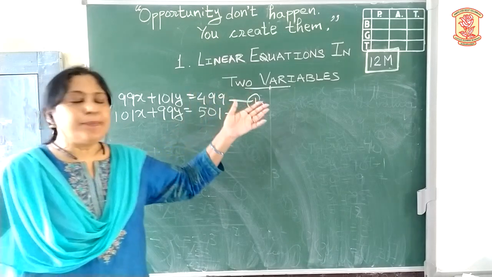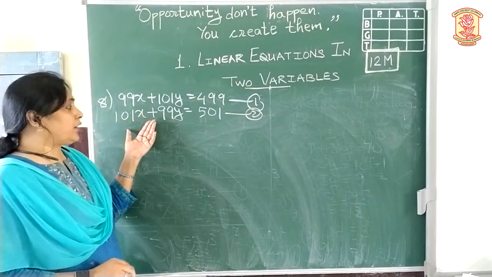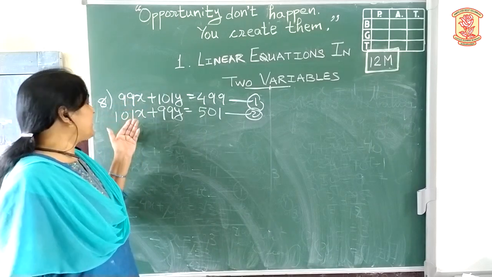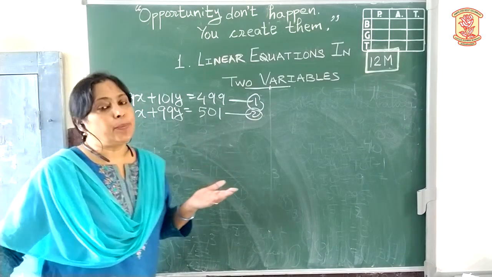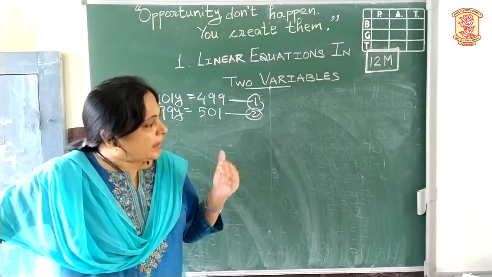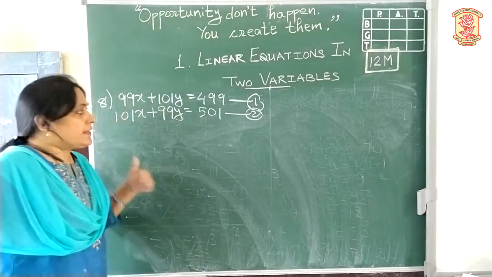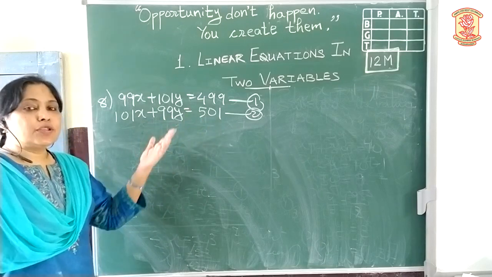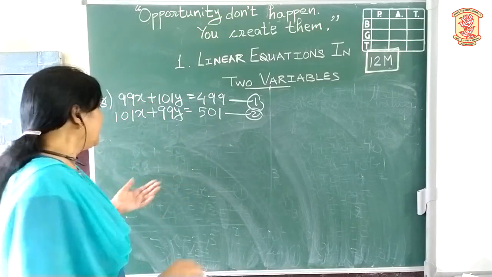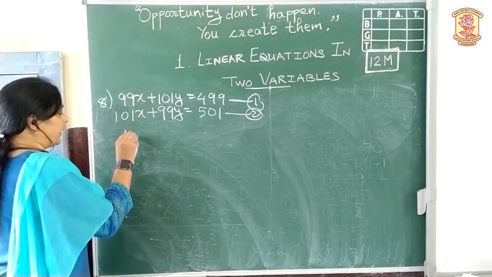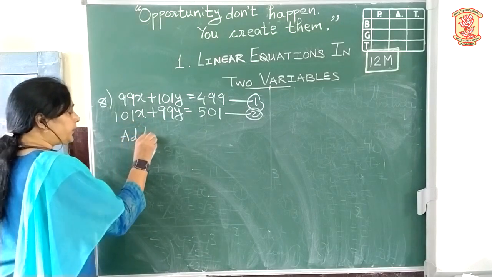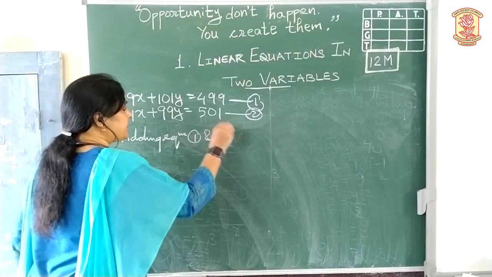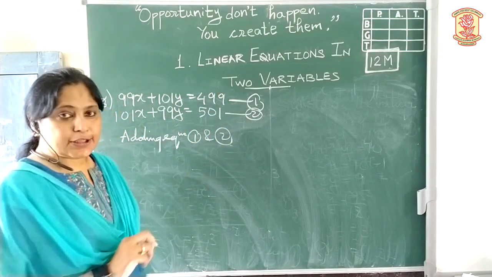So now, if you try to equalize it, we would have to multiply the first one by 101 and the second one by 99. That is going to be very lengthy. So to make it simple, there is another way of solving it: we add once, then we subtract, and those two equations we are going to take together. So in the first one, we are going to add equations 1 and 2, keeping them as they are, and we can solve.